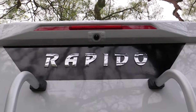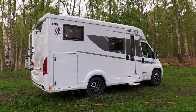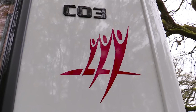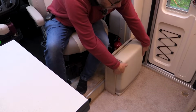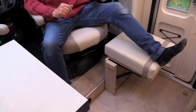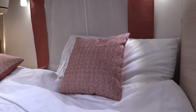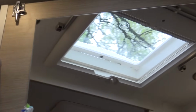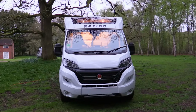A Rapido, the latest and smallest Rapido. This is narrower than the new Auto Trail XL because we're now on the third generation of the Russo family. The automatic unlocking system, you just press these buttons, there's this flip up jump seat, but I would worry about damaging the blind on that window behind me. But the clever bit, as we've seen of course so many times before with swing wall arrangements, is how this turns into a shower. In fact, the total for this vehicle is